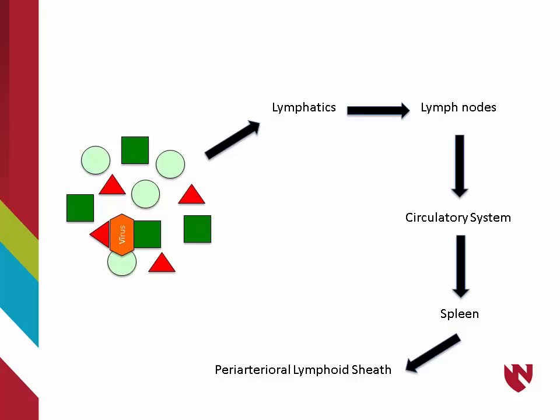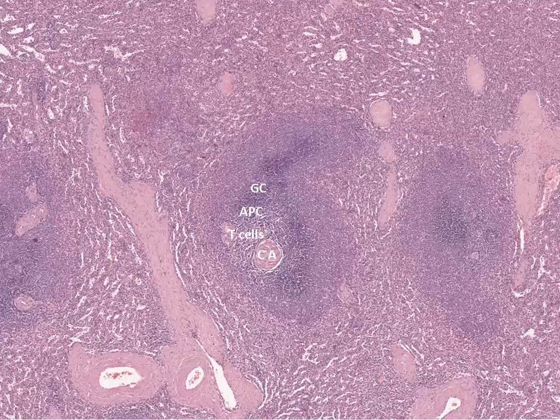The lysed contents of the virally infected cell will travel through the lymphatics to the lymph nodes, eventually reaching the circulatory system and the spleen. In the spleen, the viral epitopes move into the periarterial lymphoid sheath, or PALS. The PALS are composed of